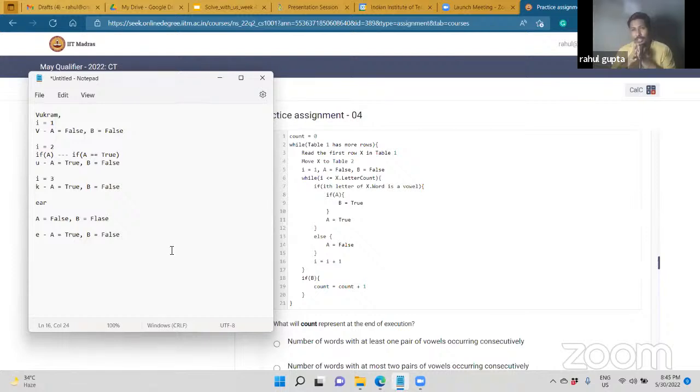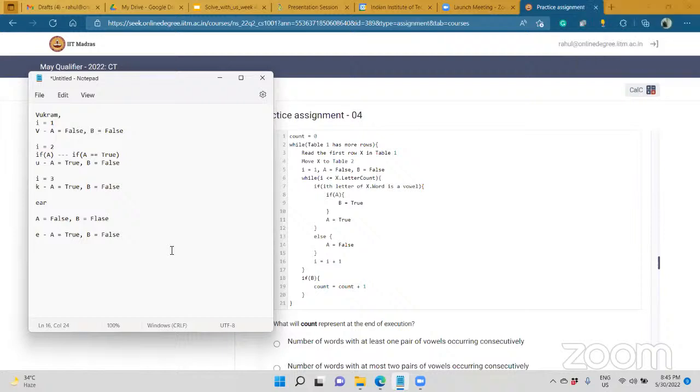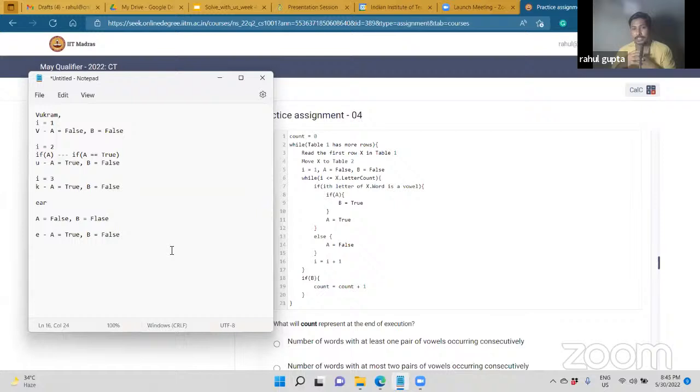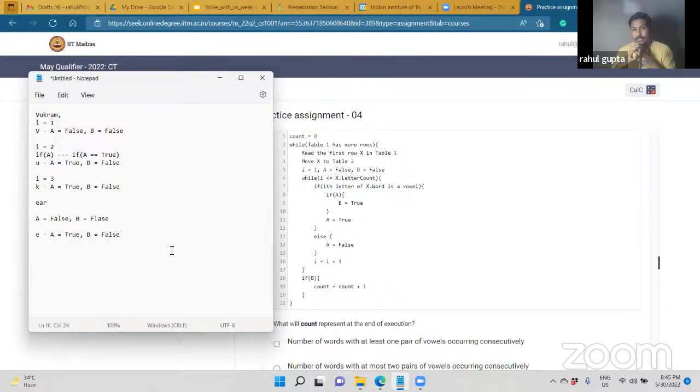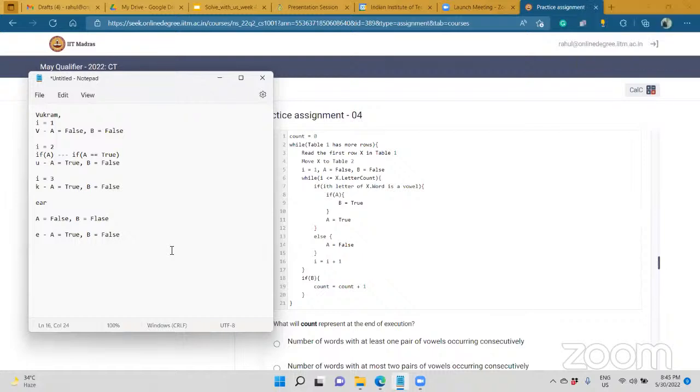What about A, Sukanya? Now you will increment, you will come to line 16, right? Yes. I will increment by 1, it will be 2. So the second letter is A. So what will happen at line 7? A is also a vowel. You will enter line 8. Yeah, I will, because already A becomes true. So you will check the condition in line 8, it is true, right? Yes. You will enter line 9, right?